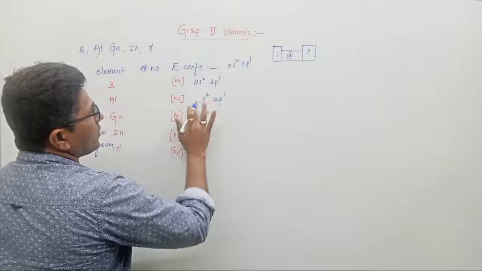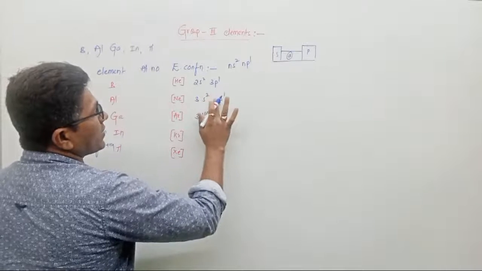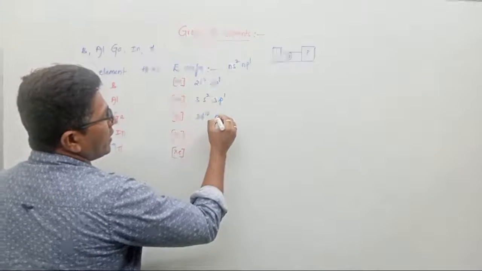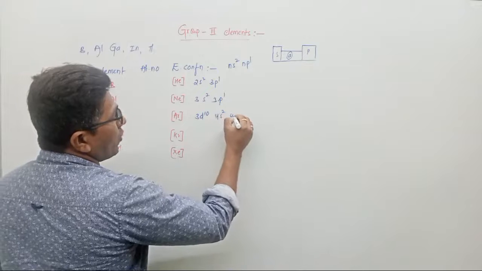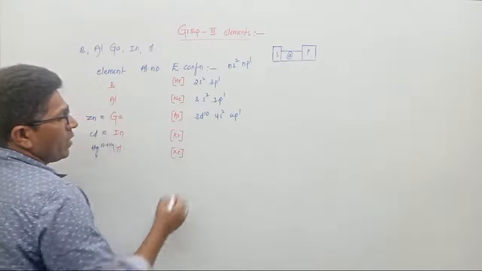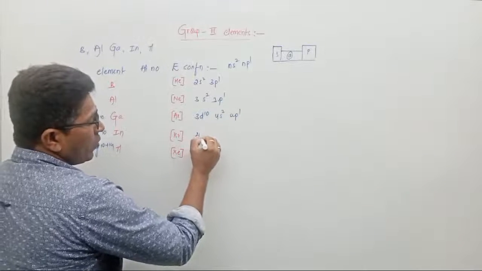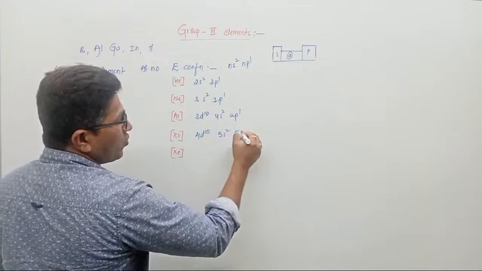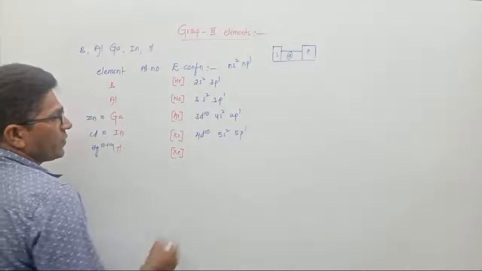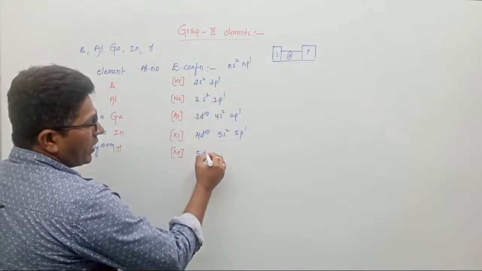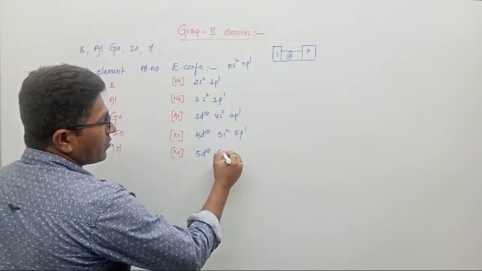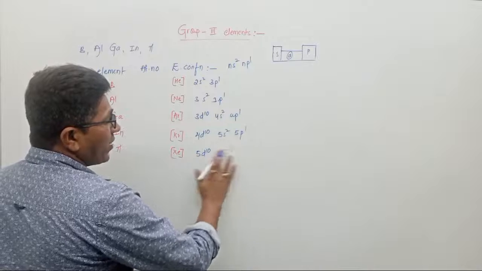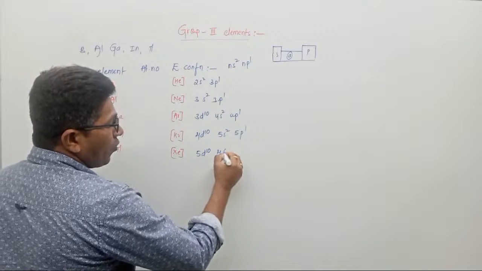This is 3s2, a small correction. 3s2, 3p1, 3d10. Next 4s2, 4p1. Next one 4d10, 5s2, 5p1 configuration. Next here 5d10, 4f14,